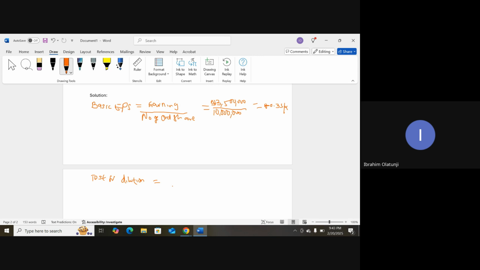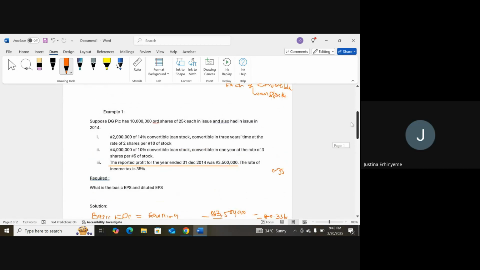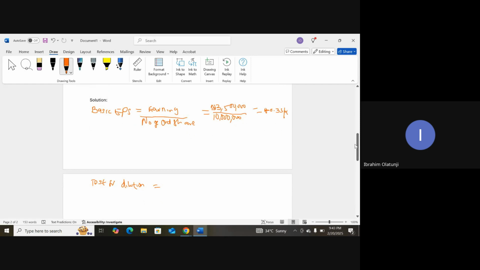I think I gave the formula for incremental EPS yesterday, that it is interest savings net of tax on convertible. No, you didn't give us the formula yesterday. Okay. So as for dilution, you use what is called